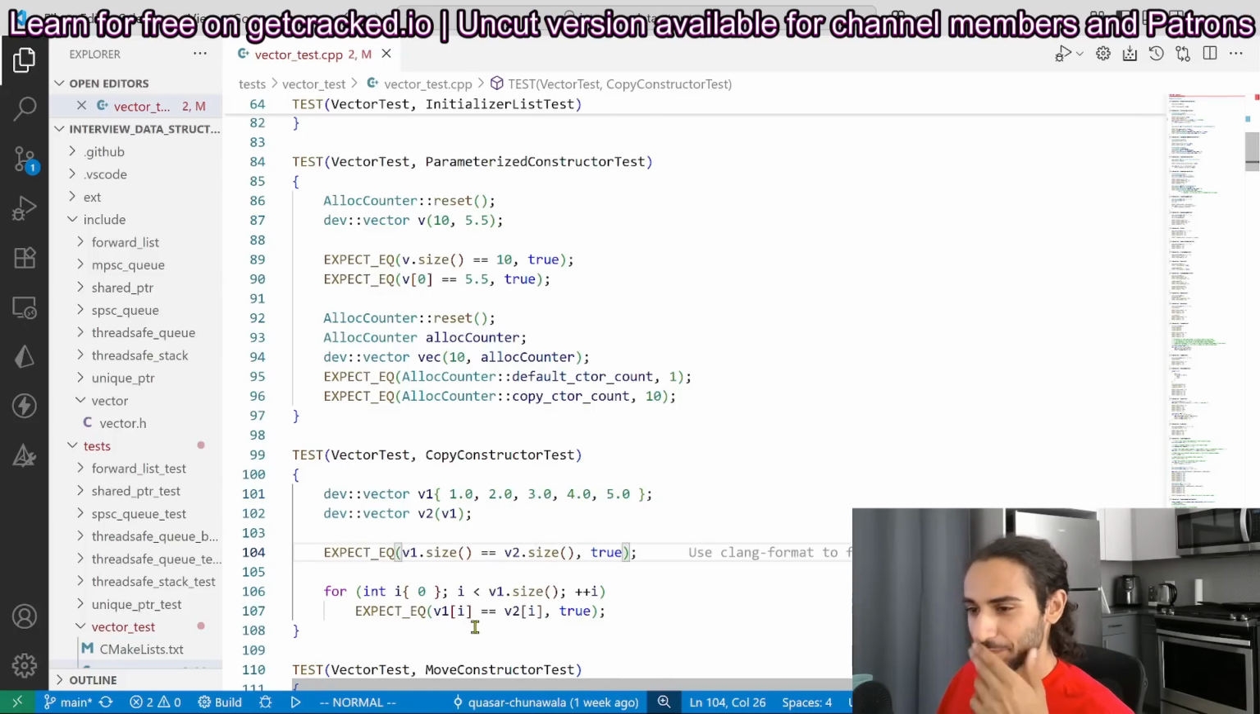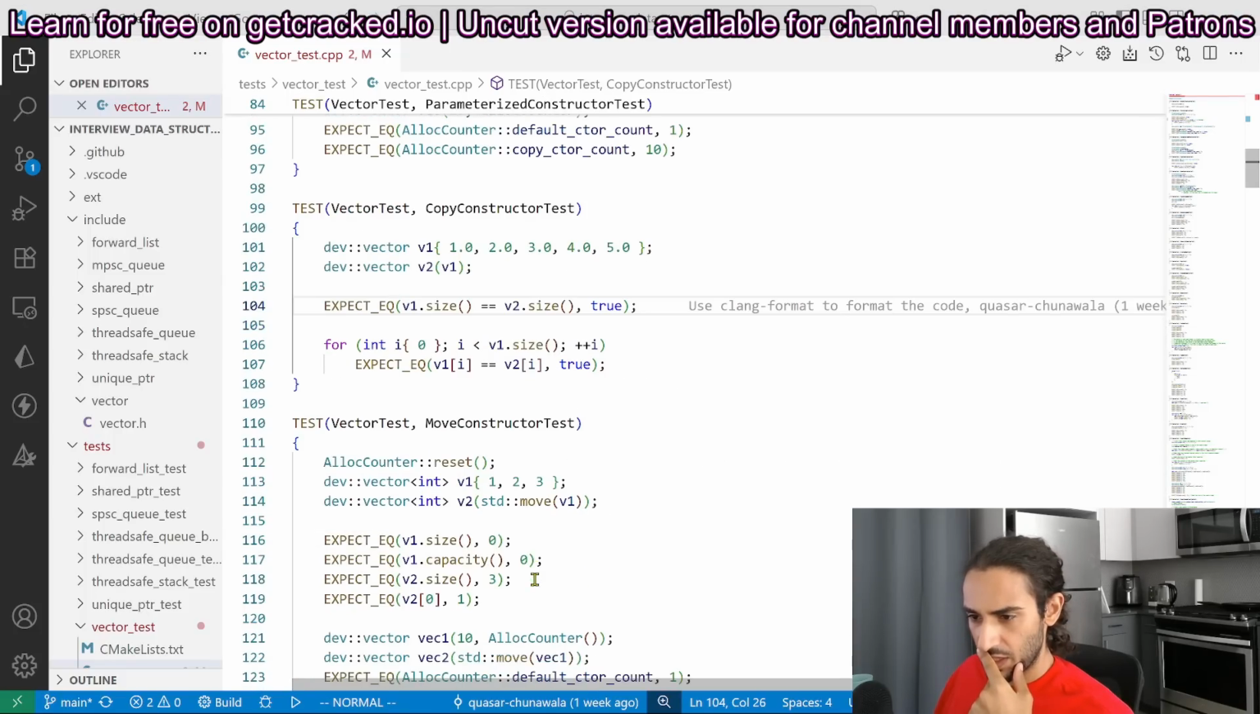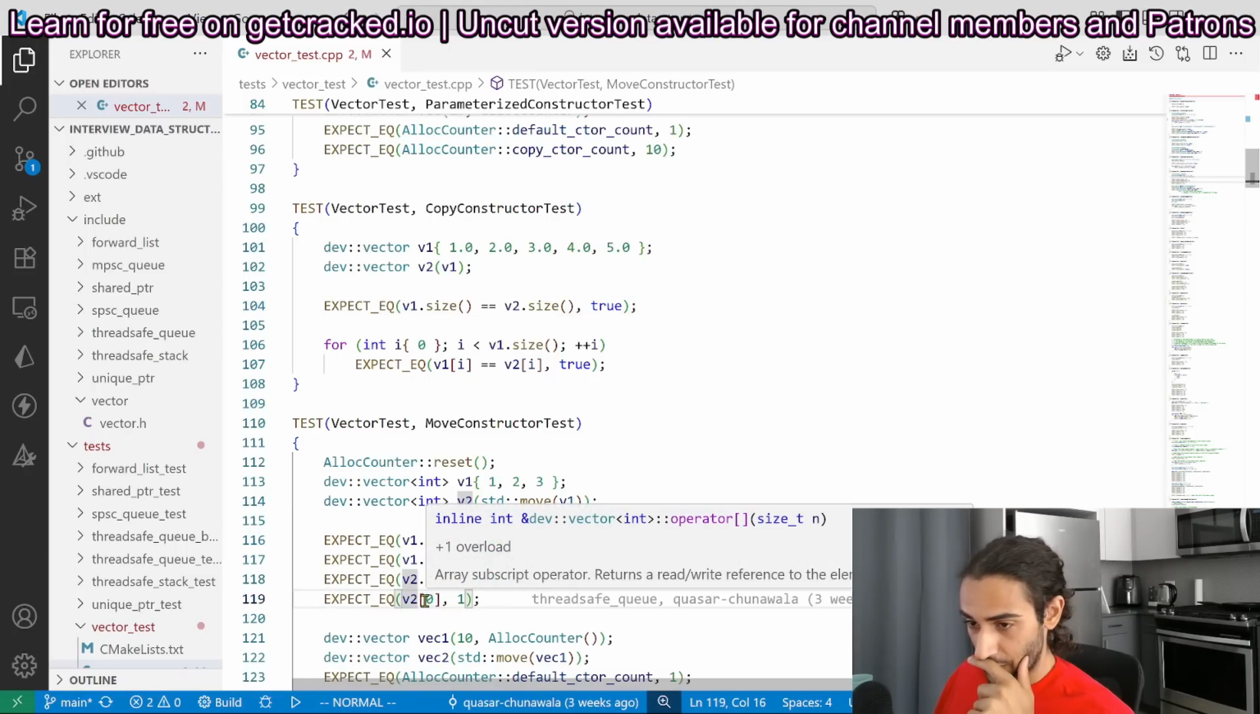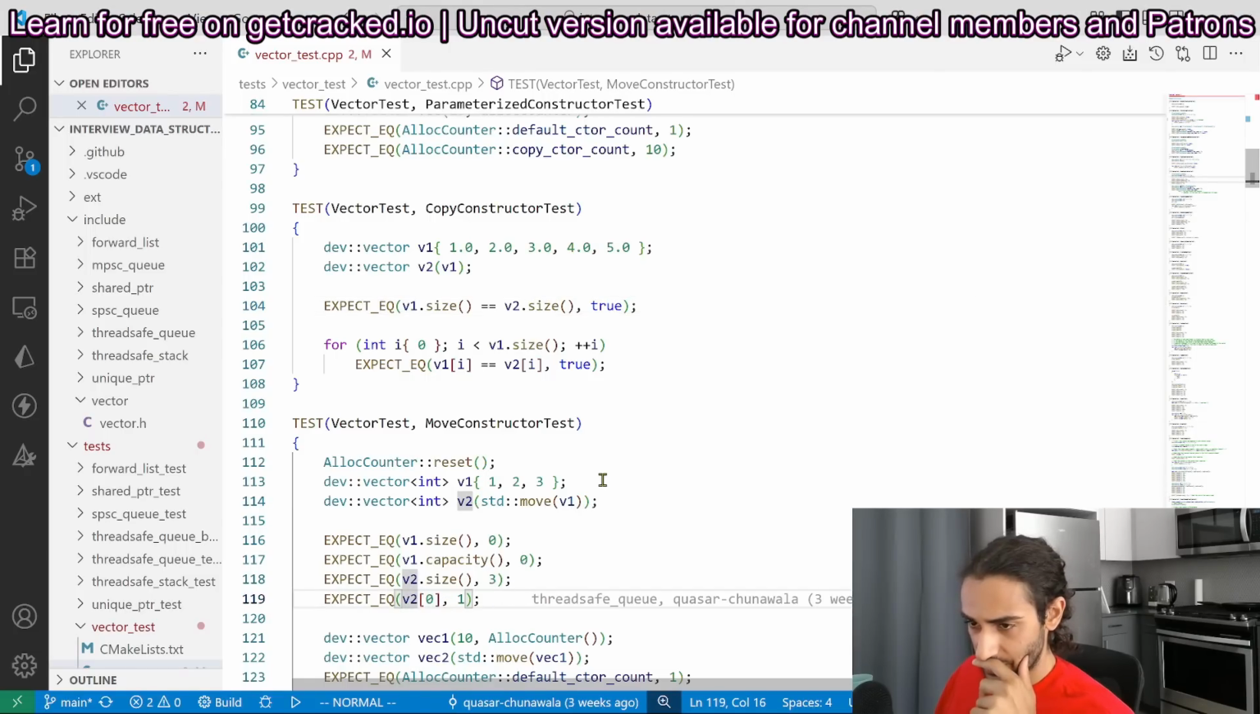Yeah. Here's a move test. And just immediately I noticed the same issue here in terms of not checking all elements in the vector. Right, because you want to make sure that the other two were indeed moved correctly. And it looks like what he did here exactly is